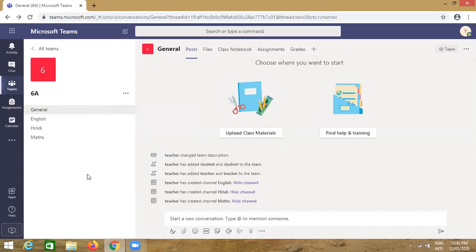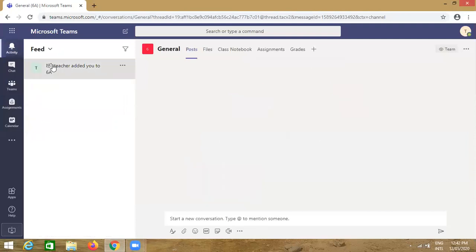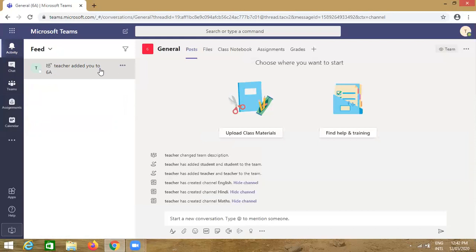So when the teachers are logging in here on the activity, they will see one red sign that a message popped up. By mistake, I had just clicked that and that has gone. Now when you click on that, what you will see here is the activity message that teacher added you.